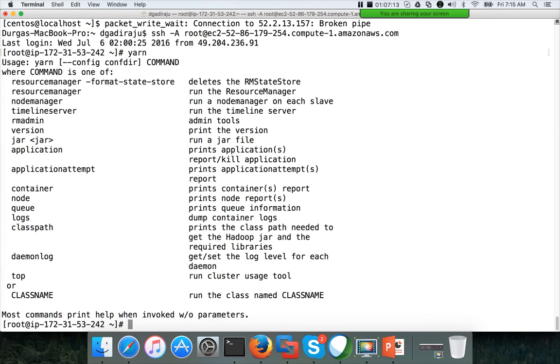you can run yarn. One minute. MapRed job. That will not give it. There should be a command which will actually give us all the nodes in the cluster. So yarn rmadmin